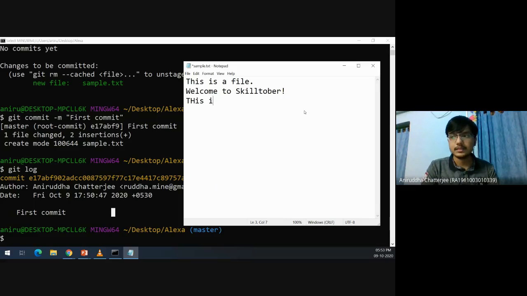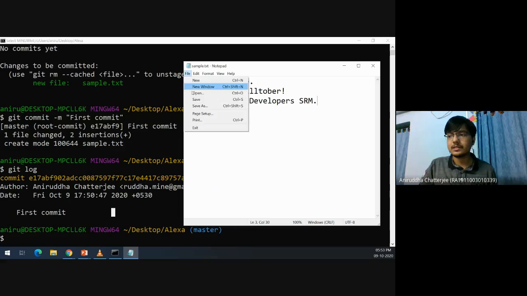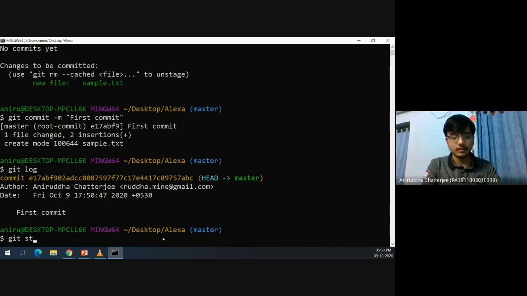This is AlexaDevelopers SRM. So I've changed my file, and I'm saving it. If you can't see my Control S, I'm saving it. I've saved this file. The contents are changed. If I do git status now,